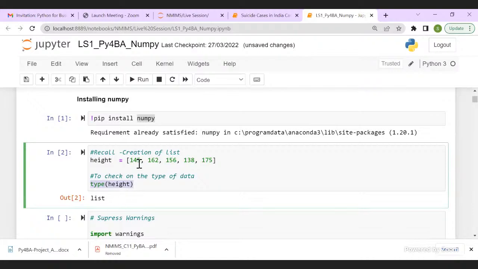Here I have a list. What if I change the square brackets to parentheses and run it again? Now we have a tuple. So if it's square brackets, it's a list; if it is parentheses, it is a tuple. I'm changing back to a list because I'll be using the list later on.